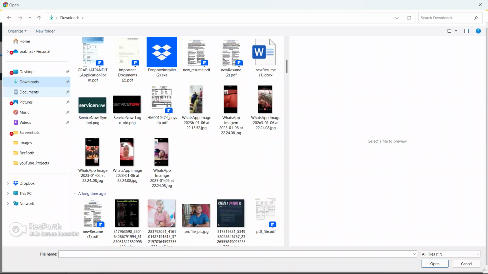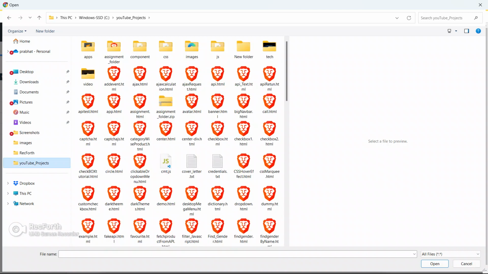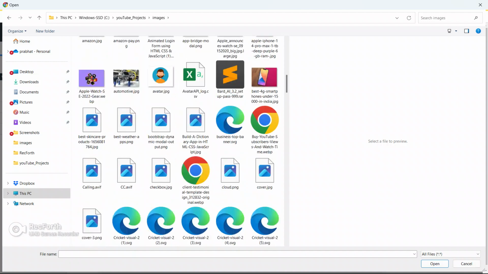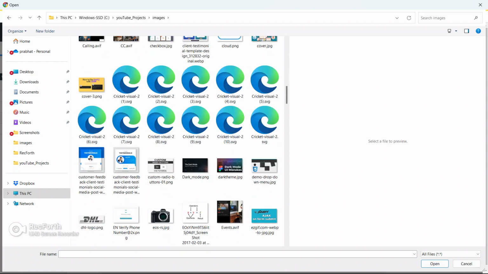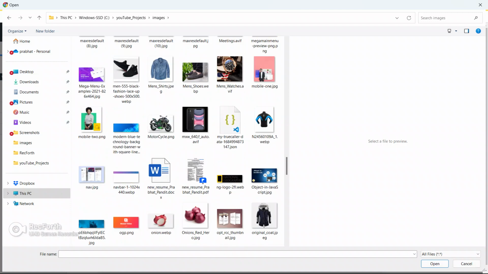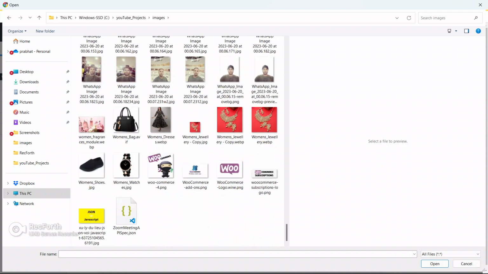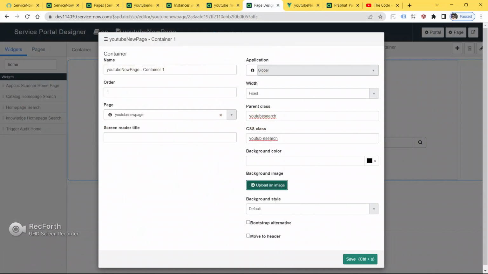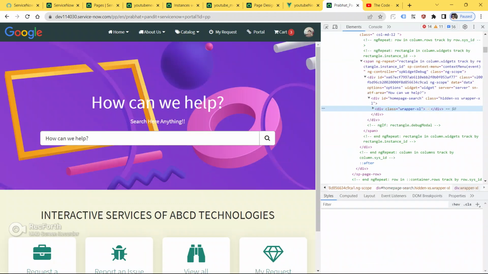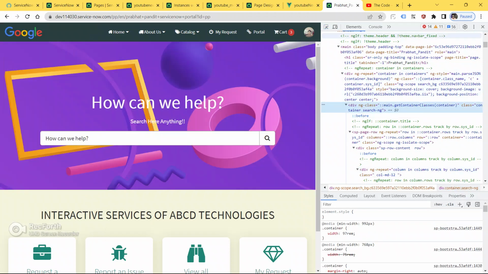Go to the downloads. Go to the YouTube project only, go to the images. It must be here only. Okay, close this. Let me download this image from here first.